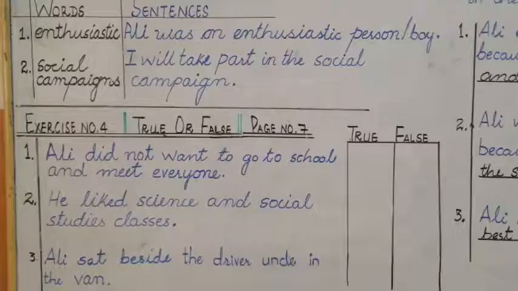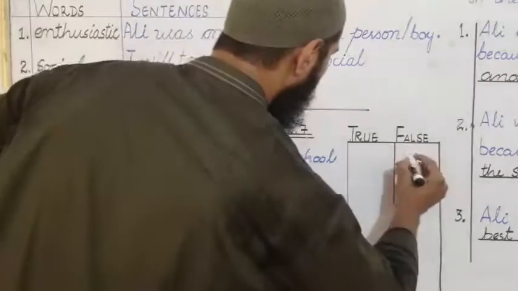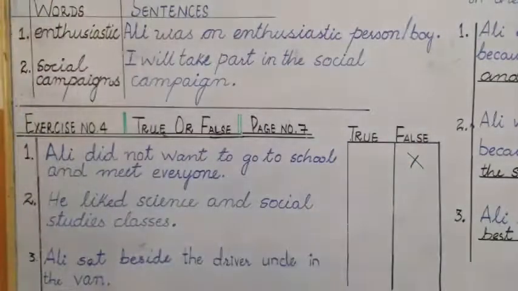Now I will do 3 statements for you on the board and you will do the remaining yourself. Okay? The first one is Ali did not want to go to school and meet everyone. Ali school नहीं जाना चाहता था और सबसे नहीं मिलना चाहता था. That is incorrect. It's a false statement. So we have to mark cross in the false column. Okay? The second statement is he liked science and social studies. It's absolutely true. So we mark tick